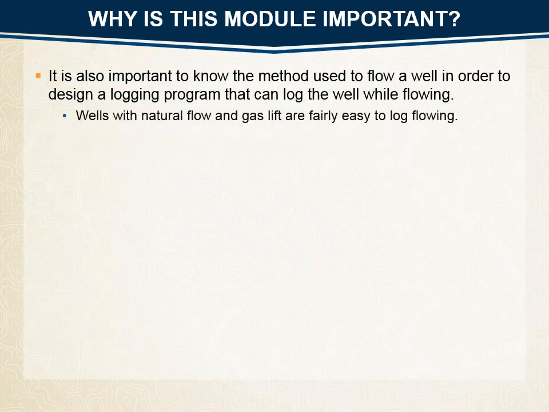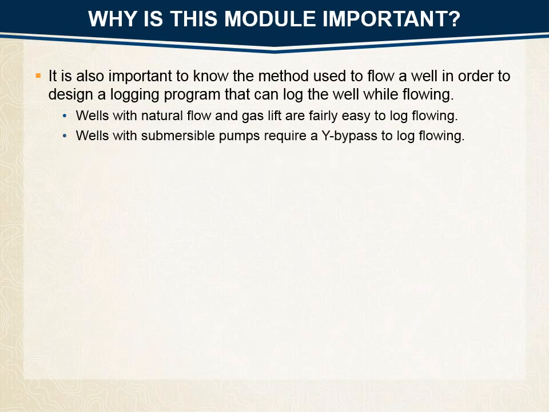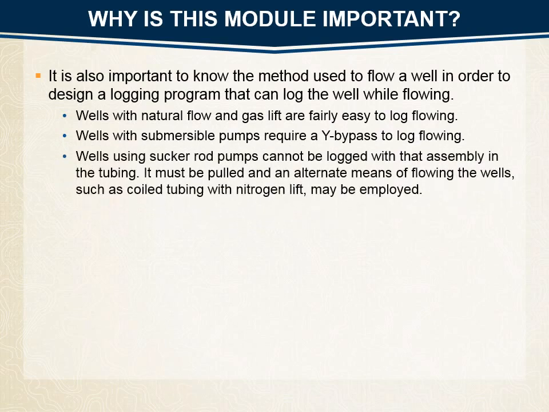Wells with natural flow and gas lift are fairly easy to log flowing. Wells with submersible pumps require a Y bypass to log flowing. Wells using sucker rod pumps cannot be logged with that assembly in the tubing. It must be pulled, and an alternate means of flowing the wells, such as coiled tubing with nitrogen lift, may